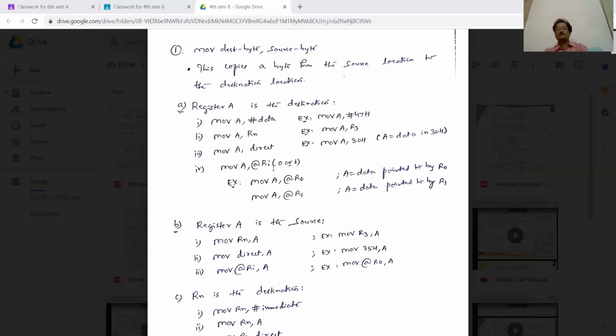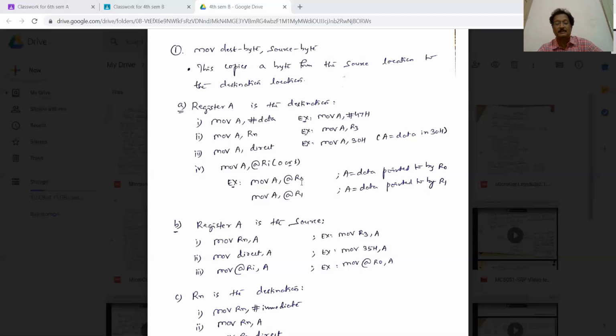This was already discussed in the regular class also. I had given an exhaustive explanation there. I'm just recalling what we have seen in the normal class. R0 is pointing to the memory location. So that data you can put into A. Instead of writing MOV A, 30H, first the 30H content will come to R0 and then it comes to A. That is why it is called indirect addressing mode.